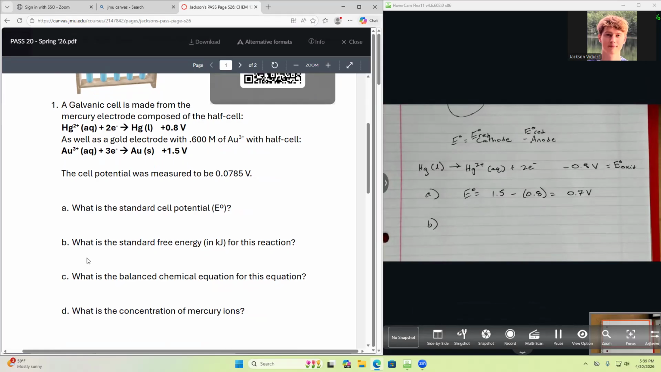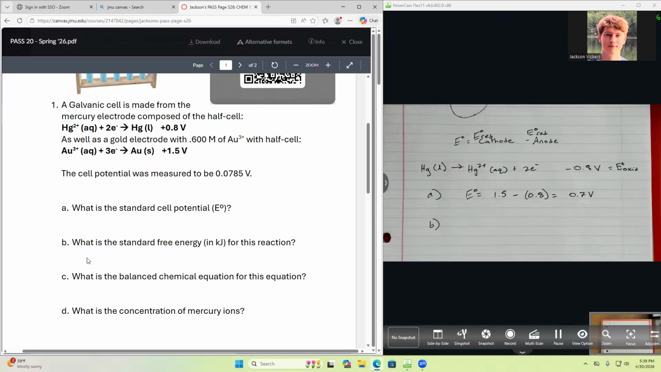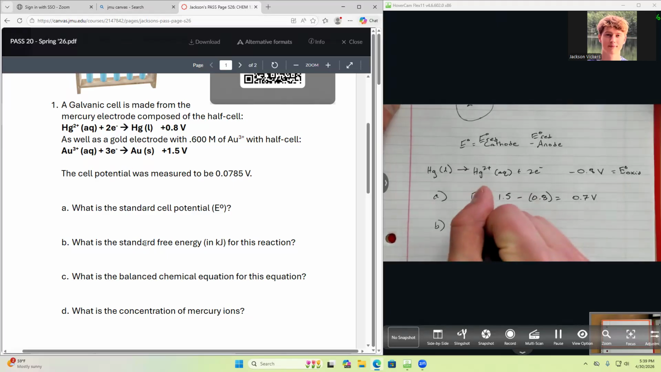Minus 0.257. That is one of the formulas. This one's going to use a different one. So standard free energy is the Gibbs free energy. So honestly, on your test, it might say Gibbs instead of standard free energy. And when you see Gibbs, I feel like that kind of gives it away better because that's when we're going to be using this one,